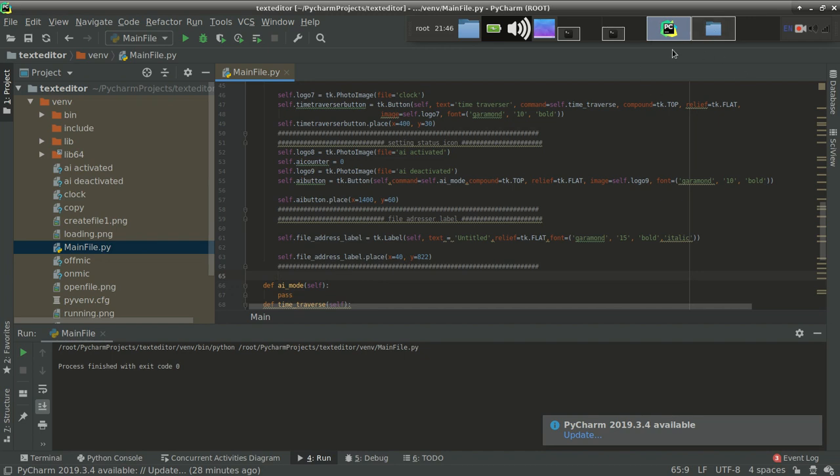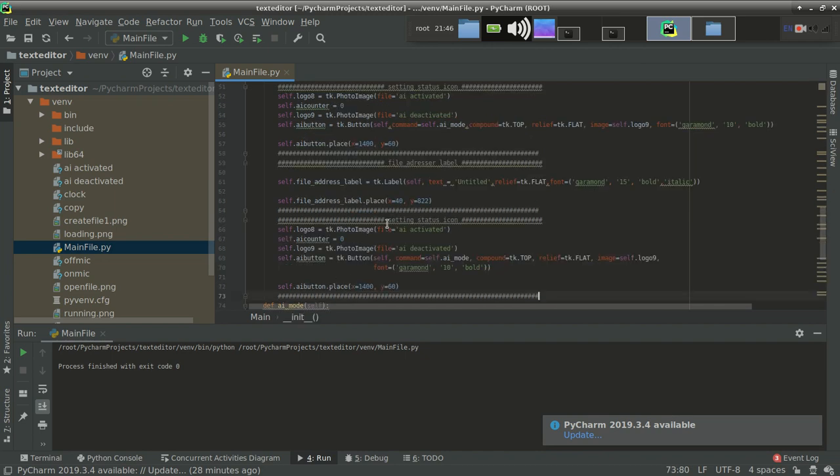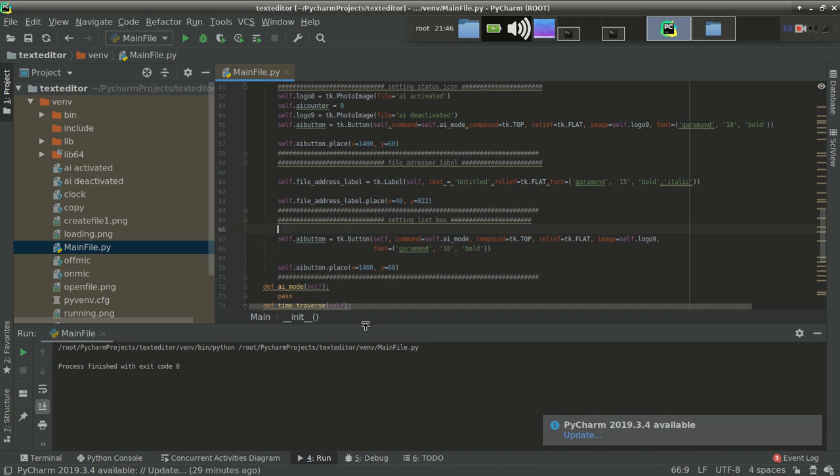So list box means the box which appeared over here in my video, which was suggesting me the words. So that was the list box. So I am using that list box. Control V, providing the name as setting list box. For using list box, I have to externally use a frame, because I couldn't place that list box on the main screen. It is impossible, so that's why I am creating a new frame,